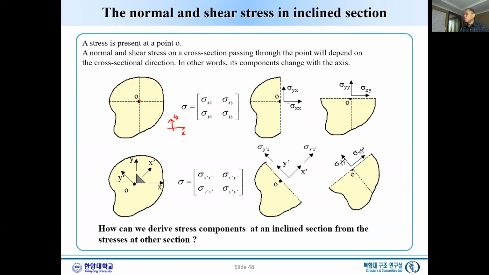Say on the x plane, we have a normal sigma xx, and sigma yx is a shear stress component, and on the y directional plane, sigma yy indicates the normal, while sigma xy is a shear. But to indicate that stress, we could use a different coordinate system, which is in this case the x prime and y prime,